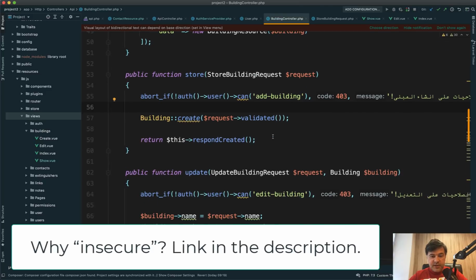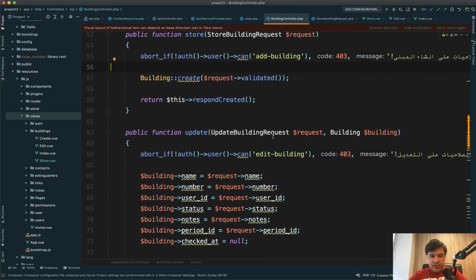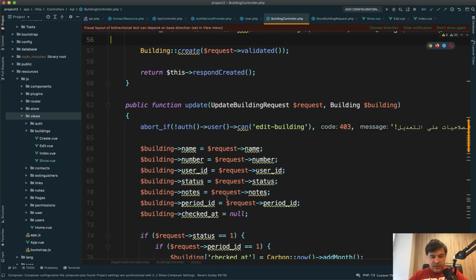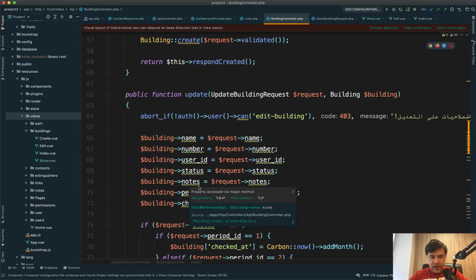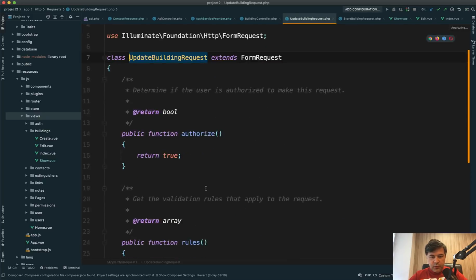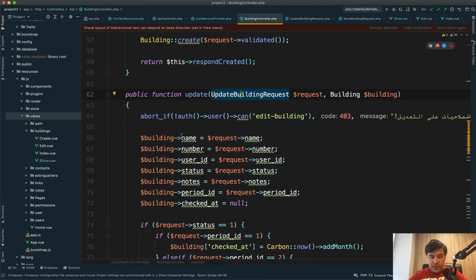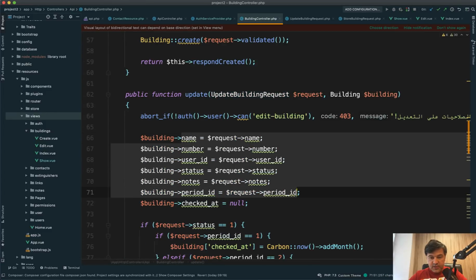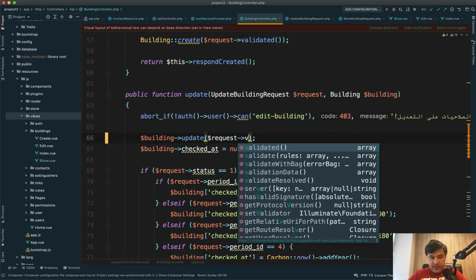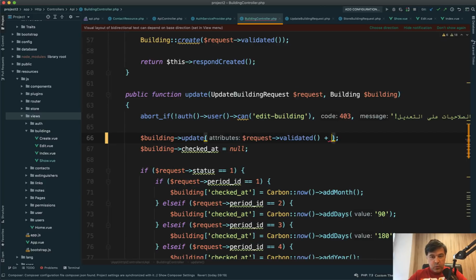But look what happens in the update method. It should be done really similarly, but instead of that, the developer is assigning a lot of variables, a lot of properties, instead of reusing that update building request. I haven't tested it, but it should be something like request update, building update with request validated plus whatever else we want. So plus checked at is null,